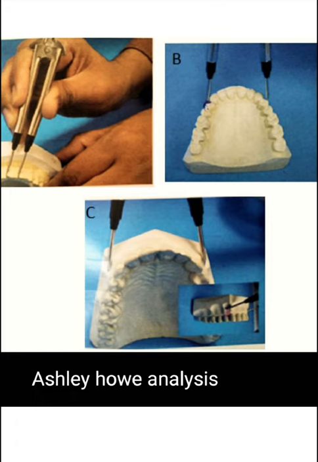So now we determine the basal arch width percentage. It is premolar basal arch width divided by total tooth material, into 100. If the premolar basal arch width is more than the premolar diameter, then expansion is possible. And if the premolar basal arch width is less than the premolar diameter, then expansion is not possible.